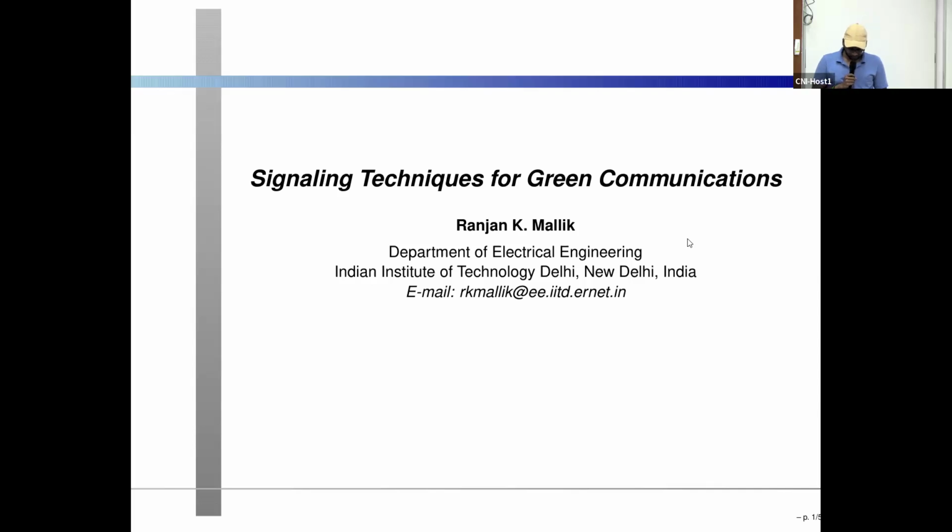Professor Mallik is a professor in the Department of Electrical Engineering at IIT Delhi and a JC Bose National Fellow. He received his BTech from IIT Kanpur and his MS and PhD from the University of Southern California. He has previously worked at the Defense Electronics Research Laboratory, Hyderabad, and as a faculty at IIT Kharagpur and IIT Guwahati. His research spans wireless communications, space-time systems, cooperative and multiple access systems, power line and molecular communications, terahertz communications,